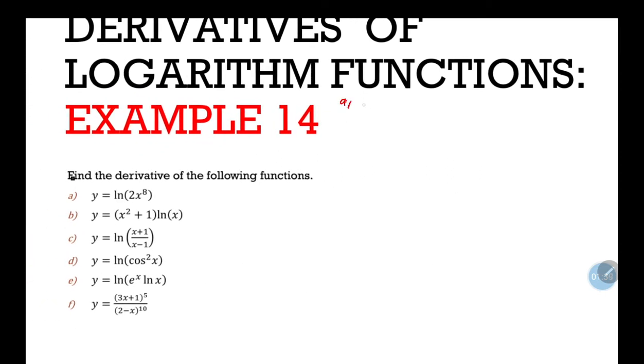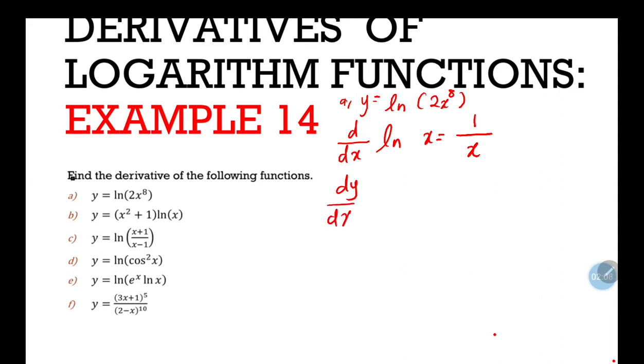So A is find the derivative for y equal to ln 2x to the power of 8. The formula is d/dx of ln x is equal to 1 over x. So for this one here, dy/dx for ln 2x to the power of 8 is 1 over whatever is